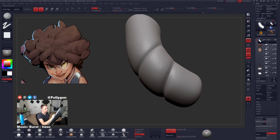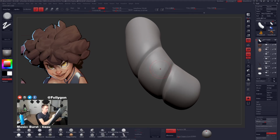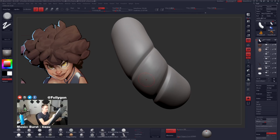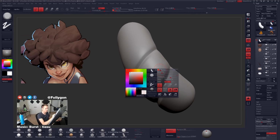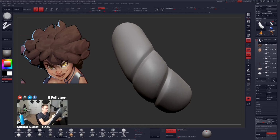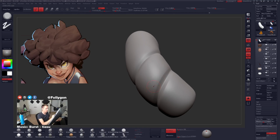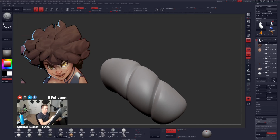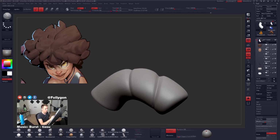Clay polish is one of those, in my opinion, deprecated things. It has a very small use anymore. There's just way better ways to do that kind of thing. It is nice that it can calculate your surface though on something that's high res and find those creased areas and maybe tighten them up for you. But you know, like I said,